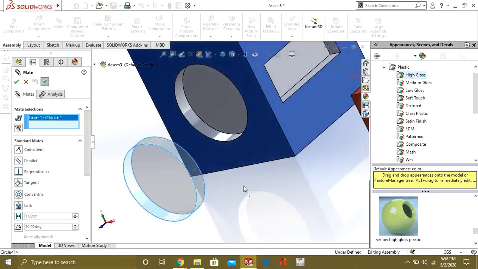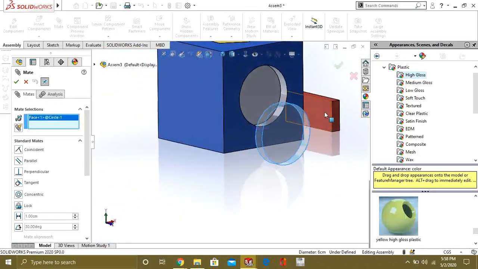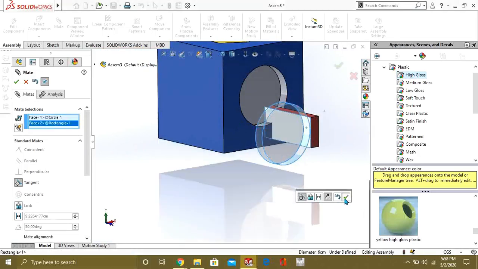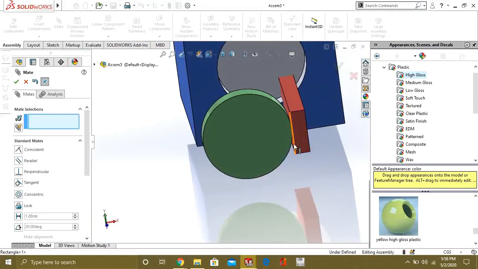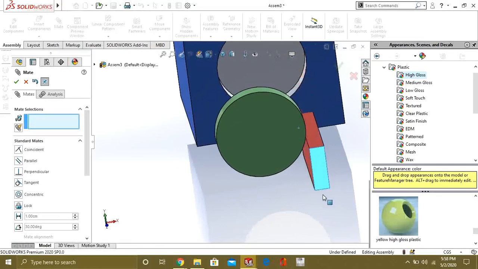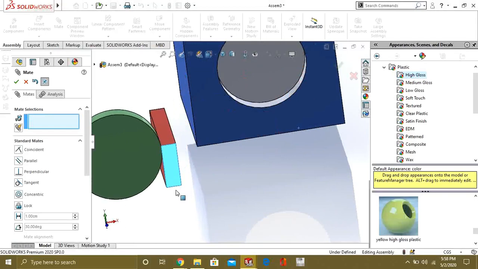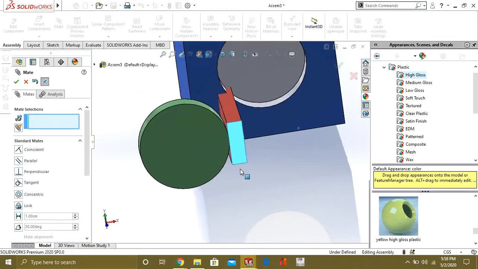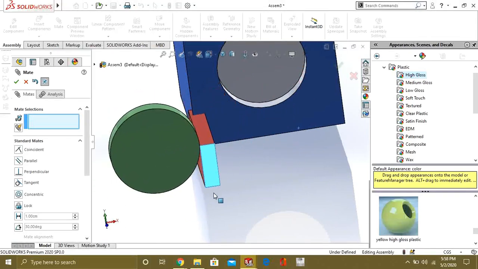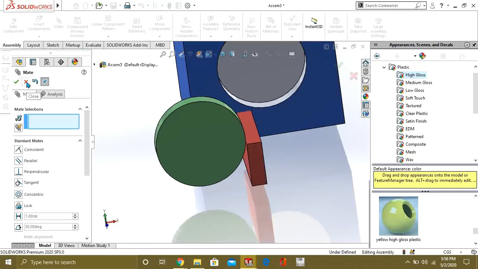So we have this circle as a tangent and we will select this face, select OK, and now you can see that our two faces are tangent to each other and they are not leaving each other. This was our tangent mate command.